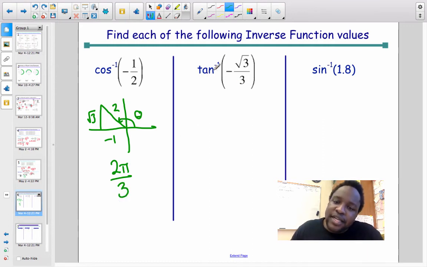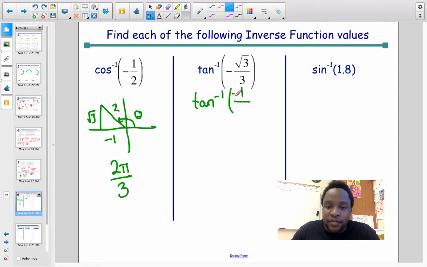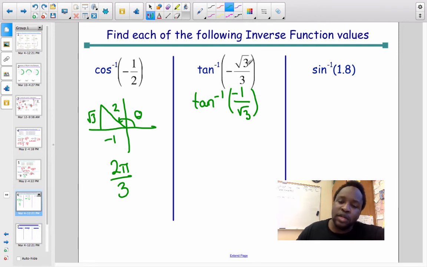All right, so inverse tangent of negative root 3 over 3. It's a lot easier to see when we convert this to inverse tangent of negative 1 over root 3. So, to irrationalize the denominator, going backwards. When we do this, negative 1 over root 3 is equal to negative root 3 over 3. And then when we make the triangle,